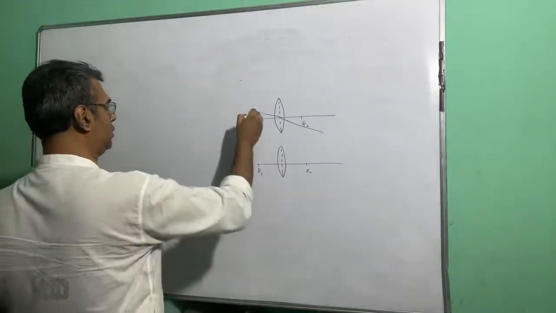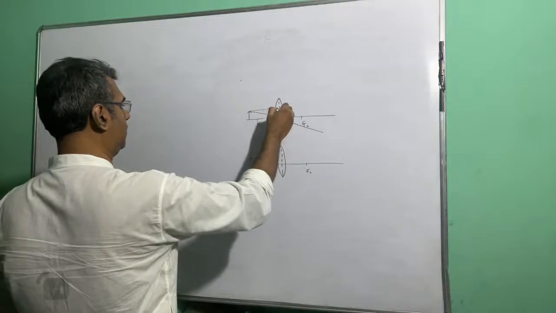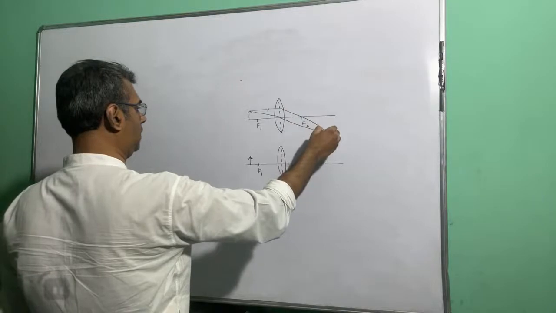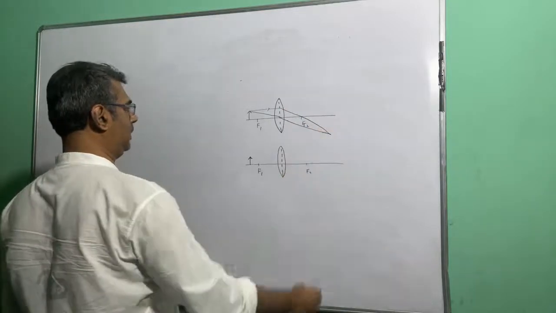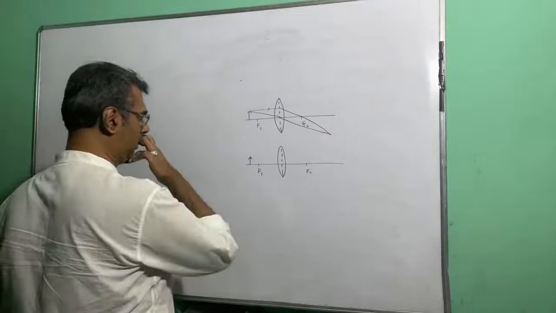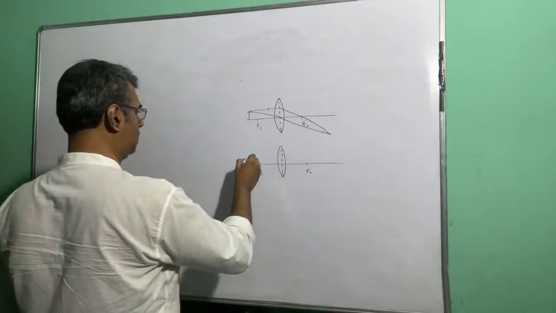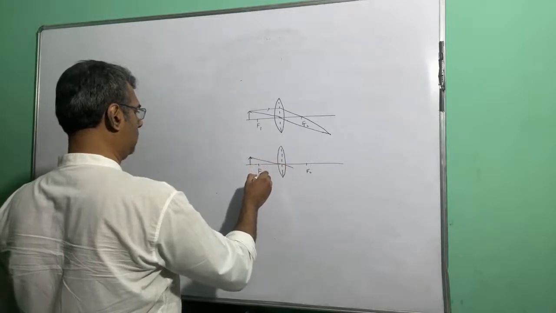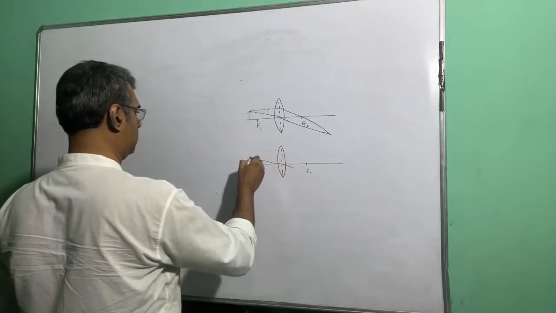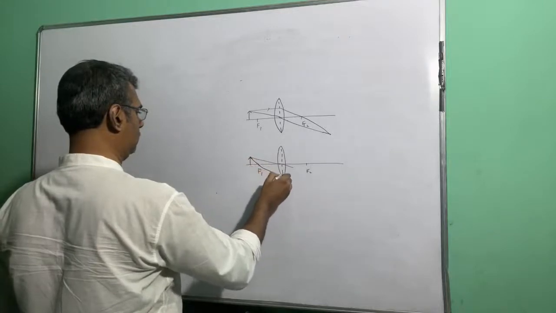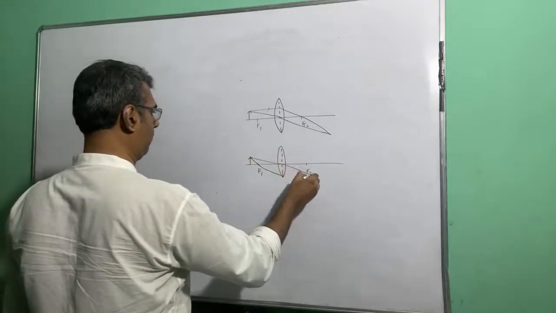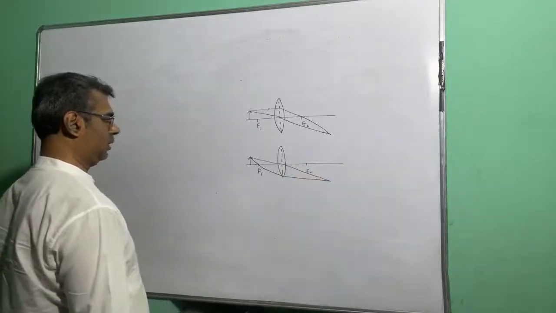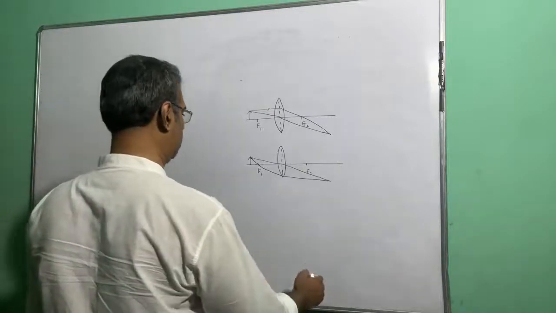Like I said, you have a choice. If you take this ray parallel to the principal axis, then it will pass through the focus, and they both will meet here and give you the final image, right? So that is one option you have. The other option you have is that you can make the second ray pass through the focus over here, and after refraction you will